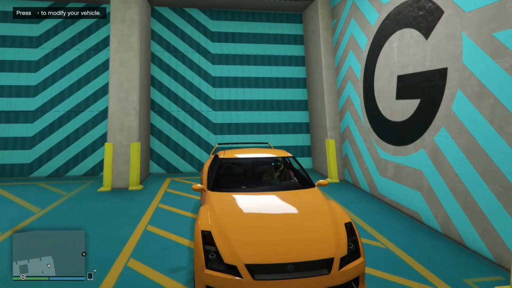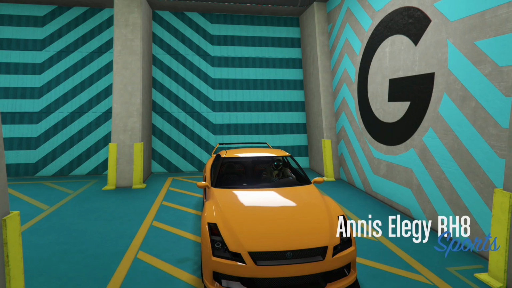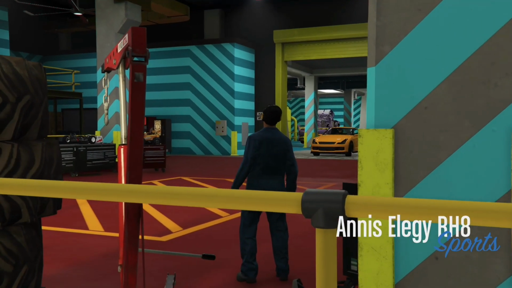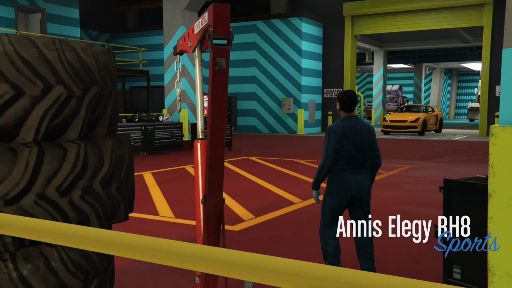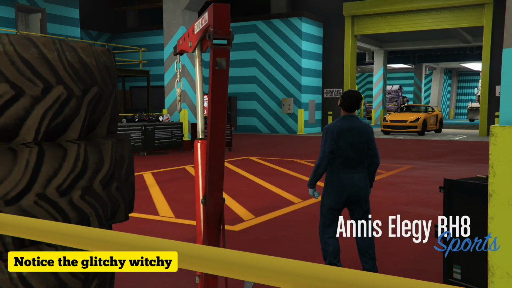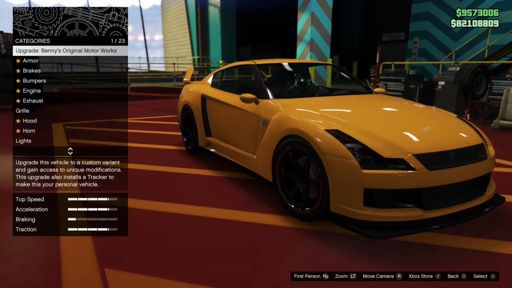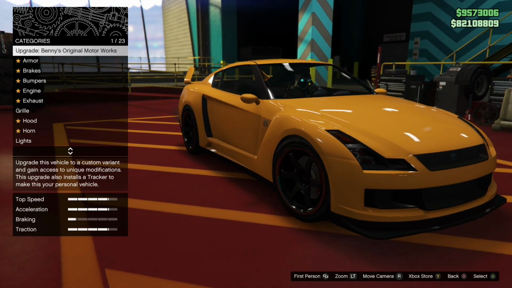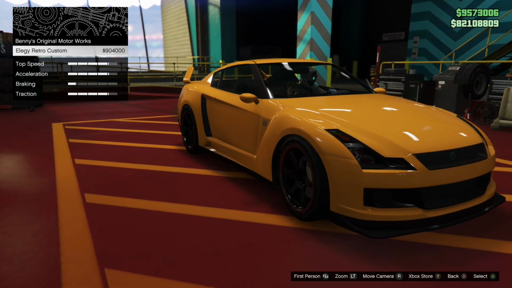So now hit right D-pad for a second time and choose to modify this vehicle. This time you will get a cutscene of entering the workshop, but it will be a glitched out cutscene and you will actually get stuck in the door for a few seconds before entering like I am right now. Sweet, nearly done guys. So you're just going to click on the Benny's upgrade option, select it, and it will